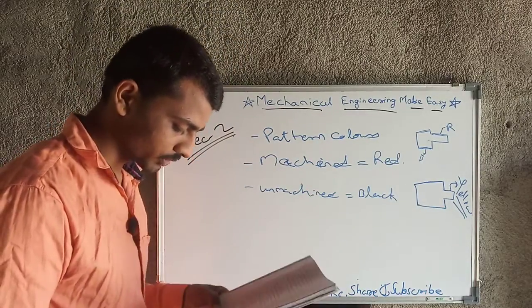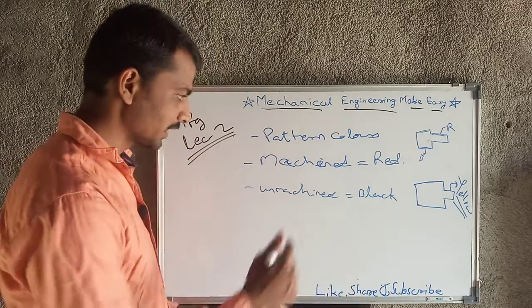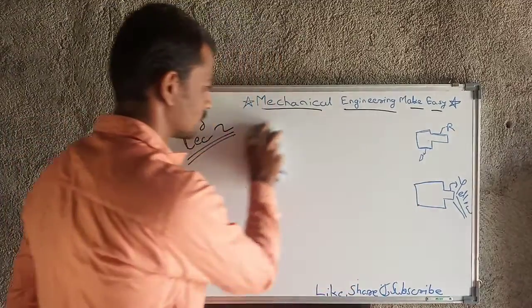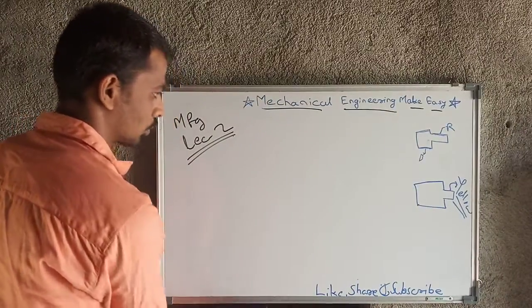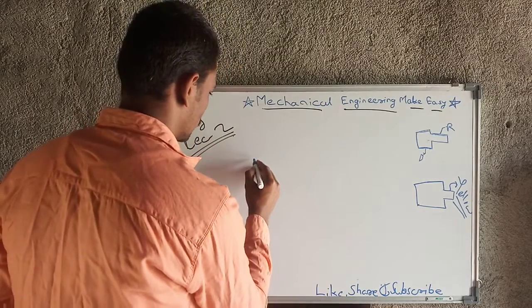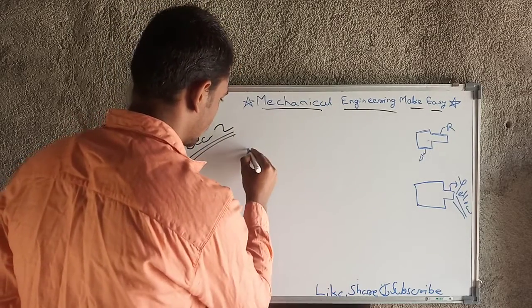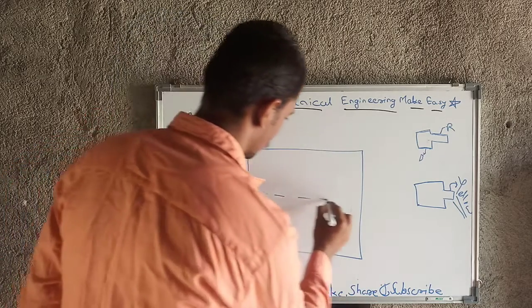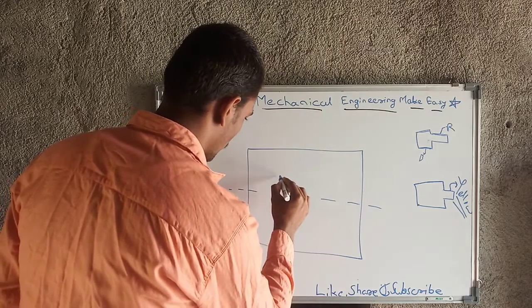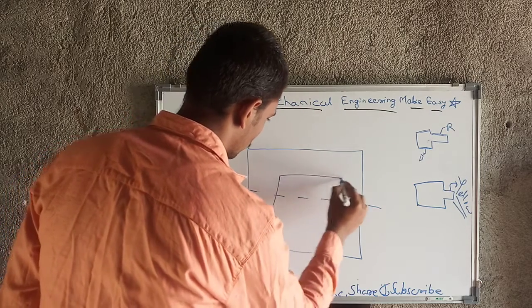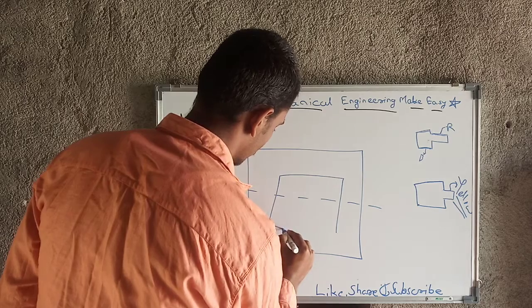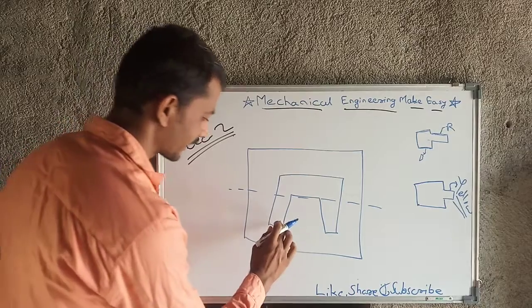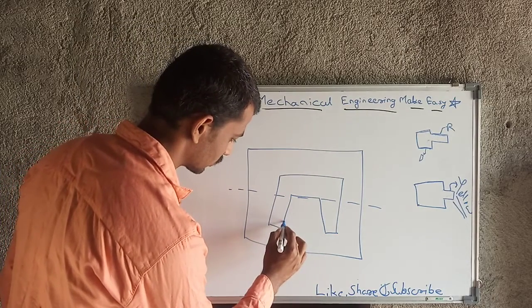Then loose piece or seatings, means if there is a loose piece. Okay, I think in pattern materials I failed to give you an idea about what exactly a loose piece is. I will give you an idea here, and after that I will move forward. See, this is the mold box, this is the parting line, and this is the mold cavity we have to generate. Okay, but the exact shape is likewise.